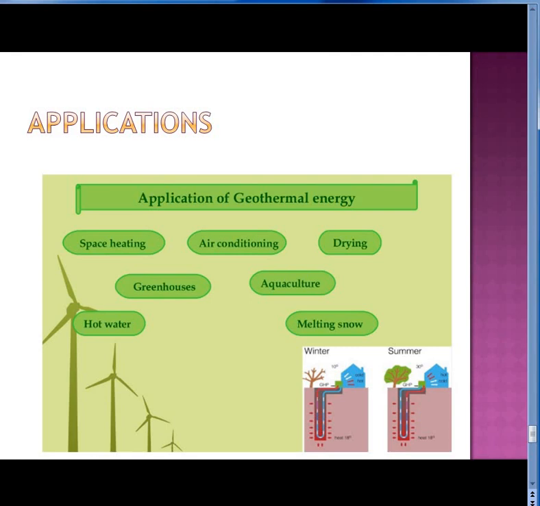So the applications of these geothermal power plants are that they are used in space heating for direct use. On direct usage, they are used in space heating, greenhouses, that is, where plants use direct hot water, air conditioning, aquaculture, crop drying, industrial plants, etc. And for the indirect uses,